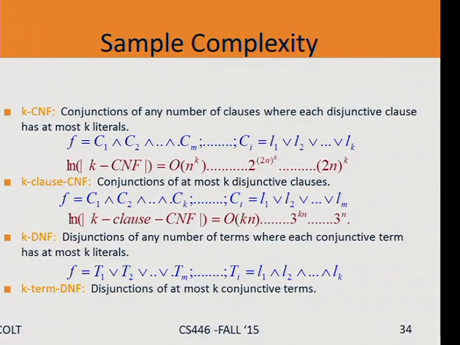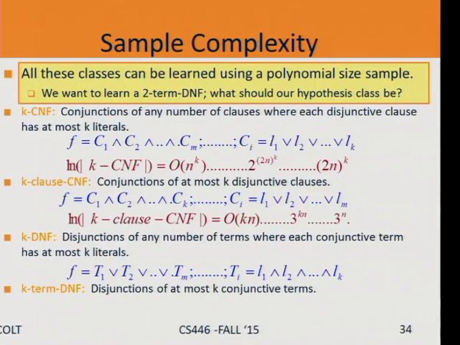The key thing that I want to discuss here is this specific class. In terms of sample complexity, everything is fine. Because if you count it, you'll see that just like KDNF, KCNF that we talked about, the size is going to be polynomial. Log of size of H is going to be polynomial. However, it turns out that even if you want to learn just 2-term DNF, so this function with two terms, just T1 or T2. So remember, T1 is a conjunction of any number of literals. T2 is a conjunction of any number of literals. And two-term DNF